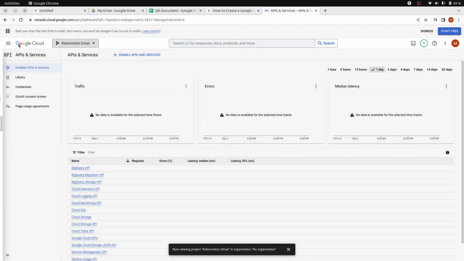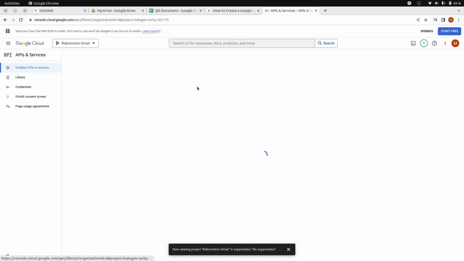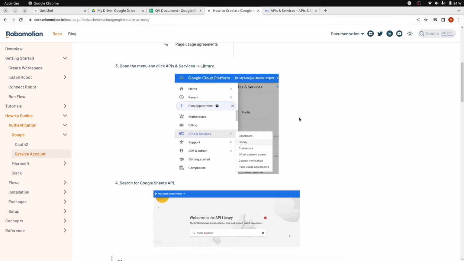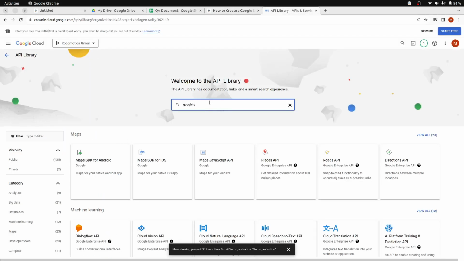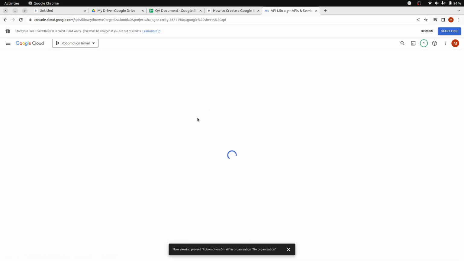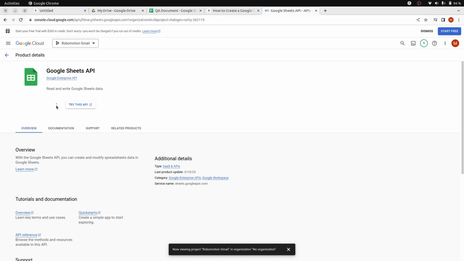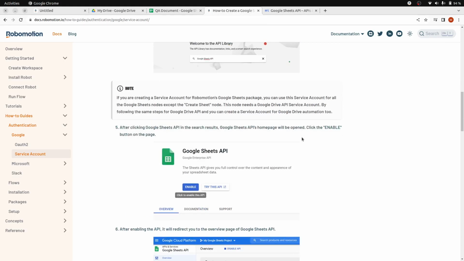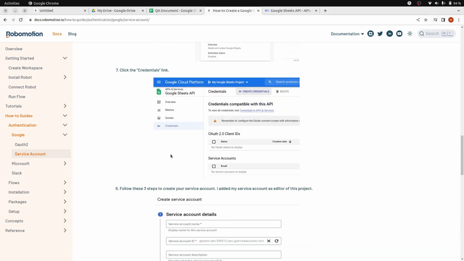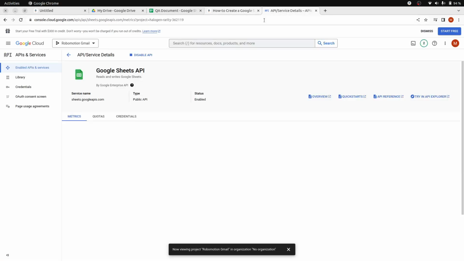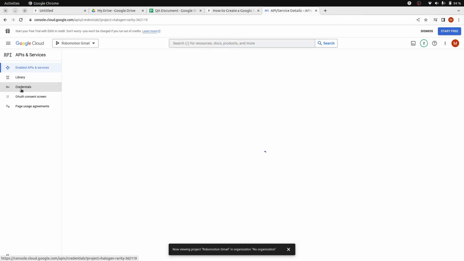API library here, and then search for Google Sheets API. Sheets API, and click here and press enable. Now we have enabled the Google Sheets API in this project. Now we can create the service account keys that we are going to use in the flow. It is ready. Let's go to credentials